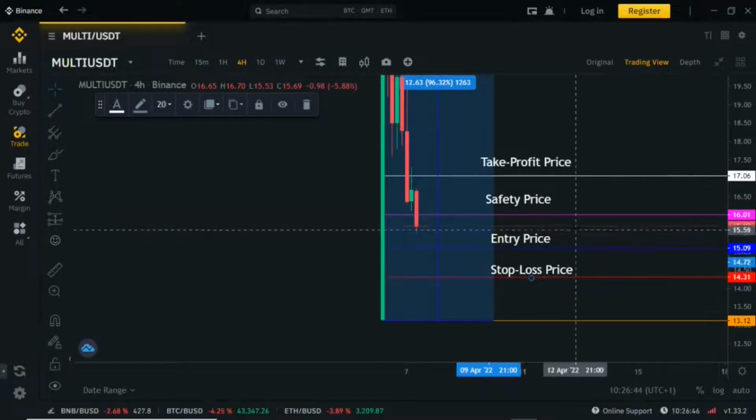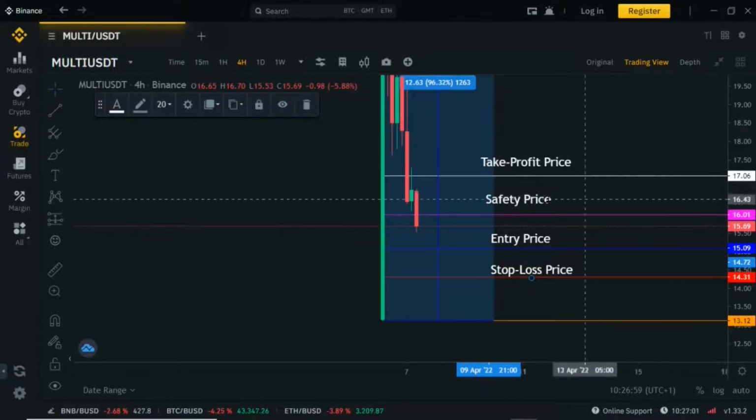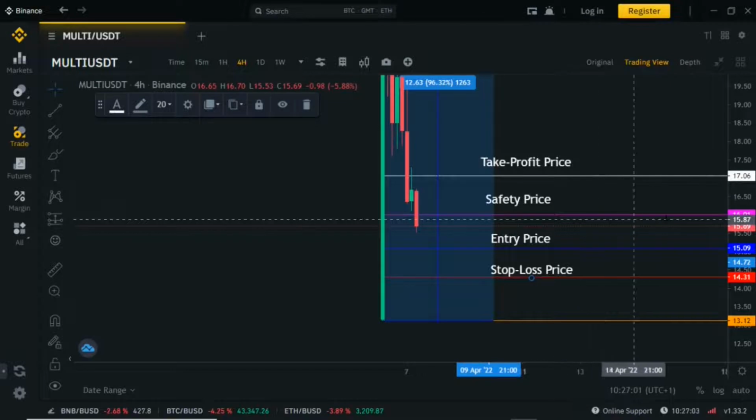$14.30. Step 3, for you to get your take profit price at a 2-to-1 profit loss ratio, you have to measure 30% and then use the white horizontal line tool to indicate your take profit price, which is $17.06. Step 4, for you to get your safety price, you have to measure 22% and then use the purple horizontal line tool to indicate your safety price, which is